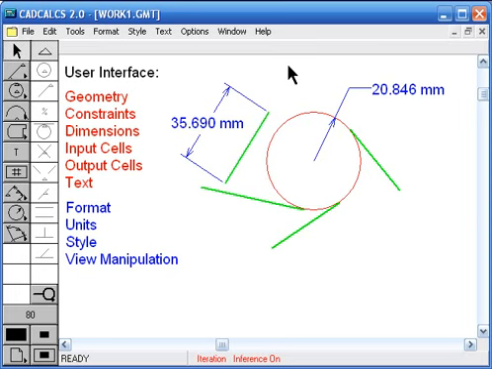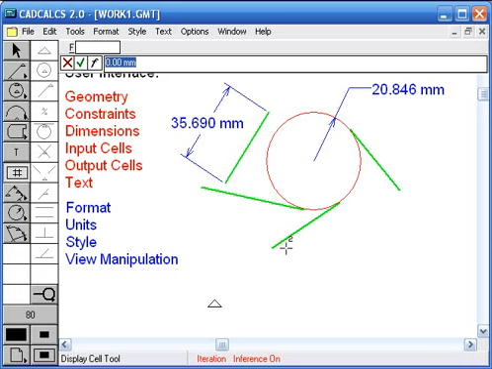And then I can set an input cell which will control the behavior of a geometry. For example, I want to have a specific radius for this circle. Let's say I set up an input cell, and as soon as I click on the cell tool and place the cell, click the point to locate the cell, a formula bar opens here. It's syntactically similar to the formula bars found in spreadsheets. So I entered a value here,